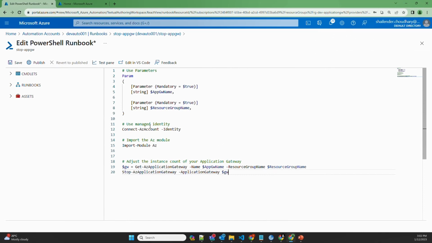So this is the PowerShell script for stopping the application gateway. It requires 2 parameters where we have to provide the application gateway name and the resource group name. It uses the managed identity where we have provided the permission over application gateway. It imports the Az module and then gets the details about application gateway and then stops it. So let's test this, save